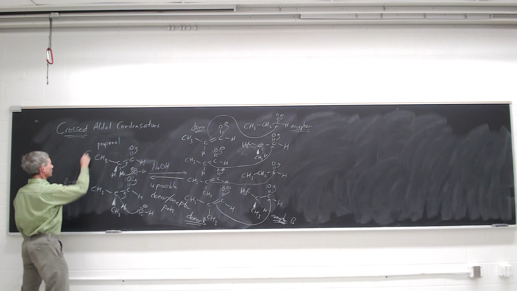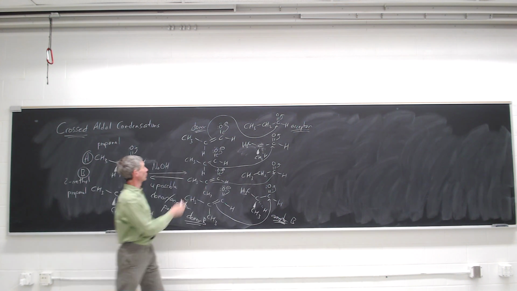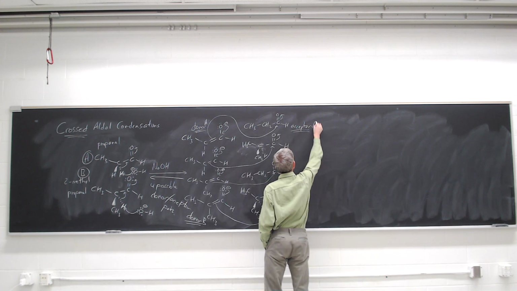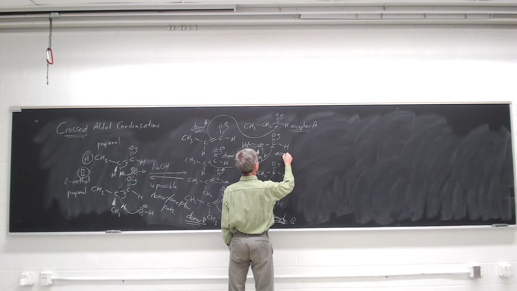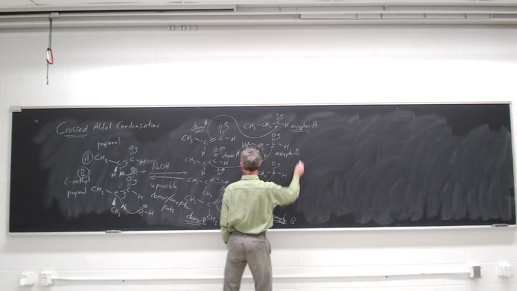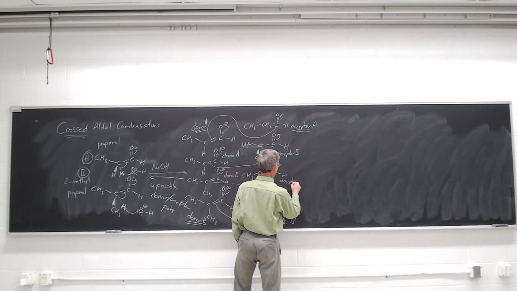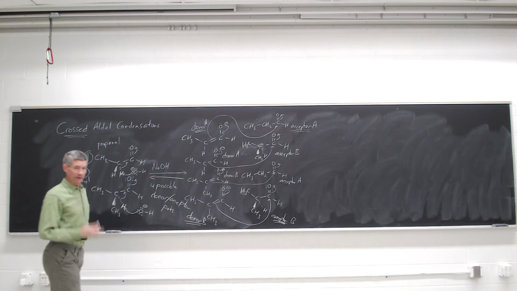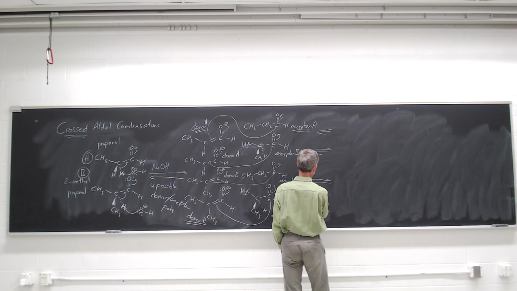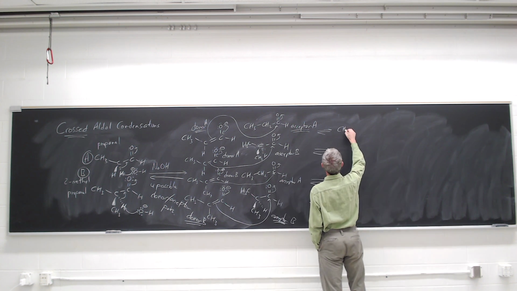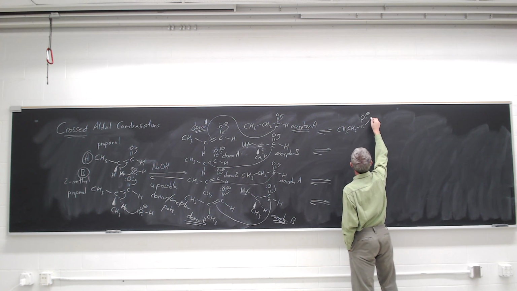We call the propanal A and the 2-methylpropanal B. The donor can be A and the acceptor can be A, but we can also have a situation where the donor is A and the acceptor is B, or where the donor is B and the acceptor is A. And that's going to lead to 4 possible alkoxides. And when those alkoxides are protonated,